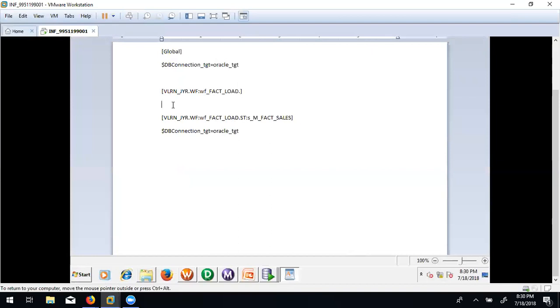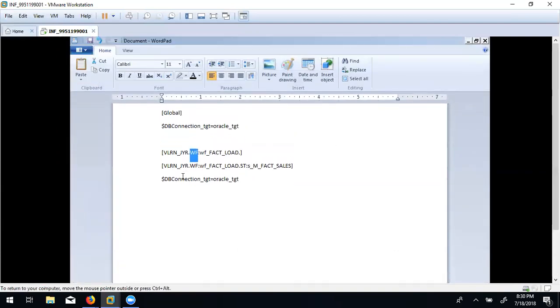So what I'm trying to do is basically the syntax: folder name dot your workflow, I mean WF colon workflow name. So this folder name dot this, WF is to denote the workflow, and ST is to denote your session tasks. And I'm giving a parameter like db connections underscore target, and I'm going to give this parameter in my session. And I'm saving this